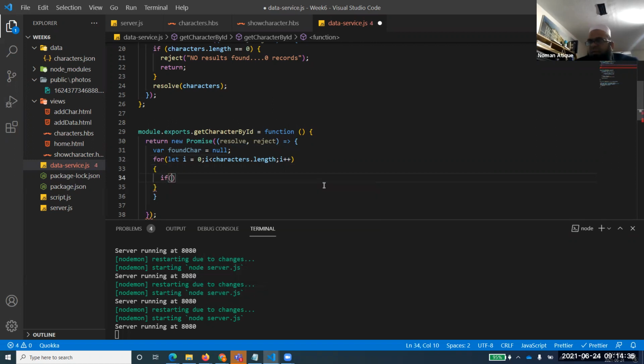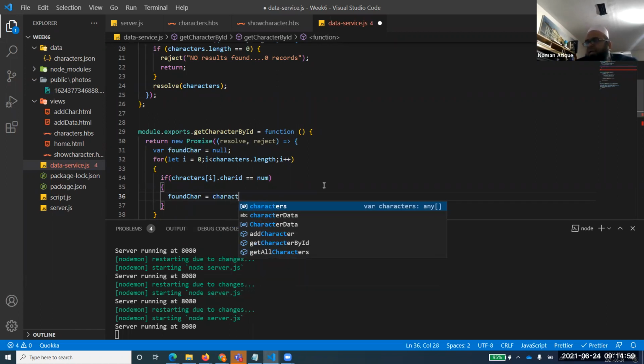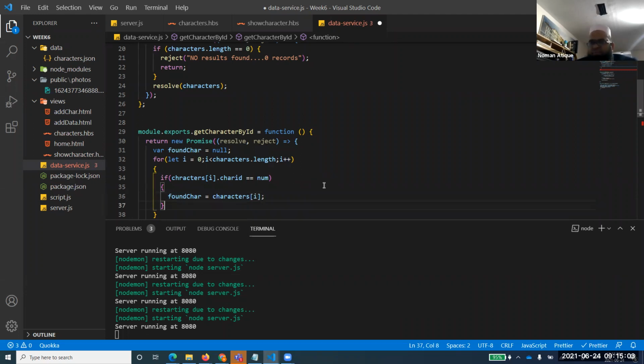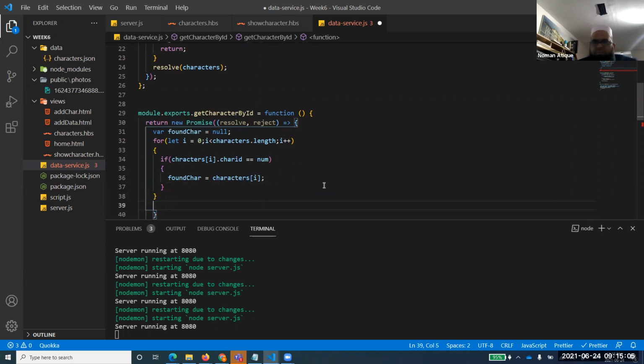So now if characters of i dot char ID, because we are matching what? Char ID equals, or rather you can use two equals, num. Char ID equals num, right? So what do we do? Found char equal to characters of i. Whatever is found, just store that inside.